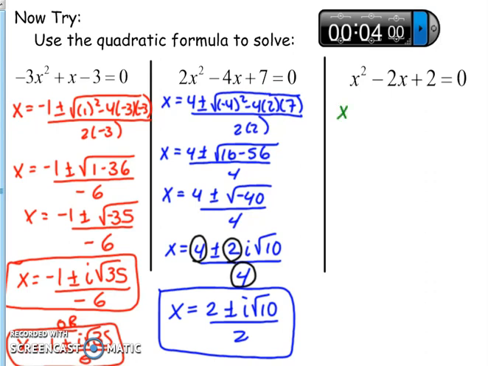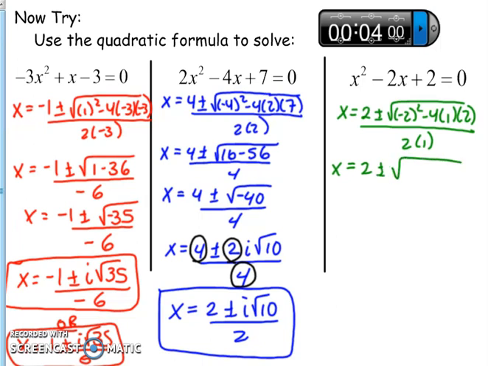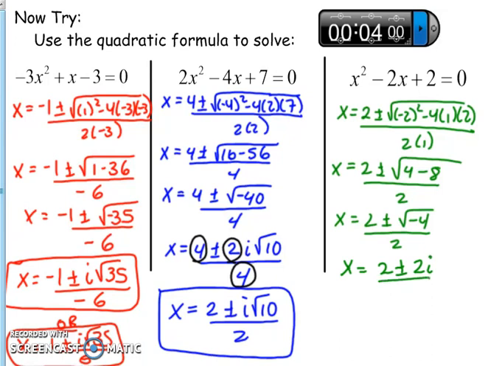And the last one, x equals 2 plus or minus the square root of negative 2 squared minus 4 times 1 times 2, all over 2 times 1. So I'm going to get 2 plus or minus the square root of 4 minus 8, all over 2. So this will simplify to be the square root of negative 4. And I know that the square root of 4 is 2, so I'm going to take out a 2i. So 2i over 2. Everything can now be divided by 2. So x equals 1 plus or minus